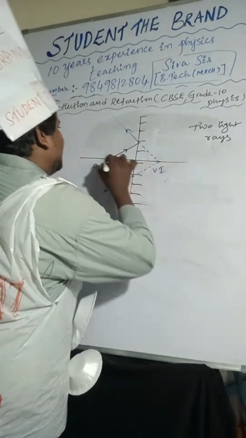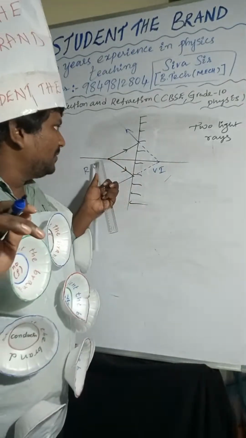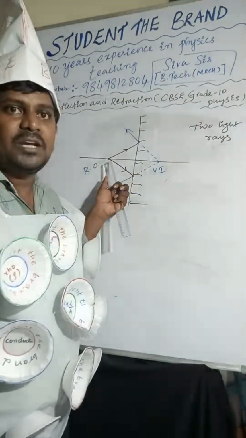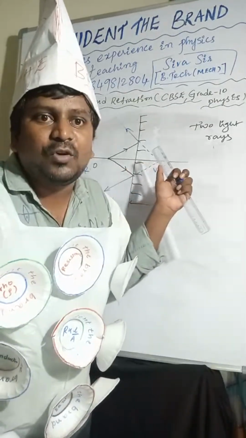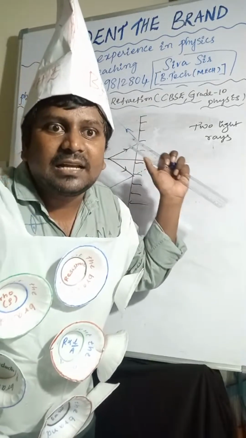Virtual image. This is the real object. From this point, light rays are coming. Yes or no? Light rays are coming from one point. If the light rays are coming from one point,